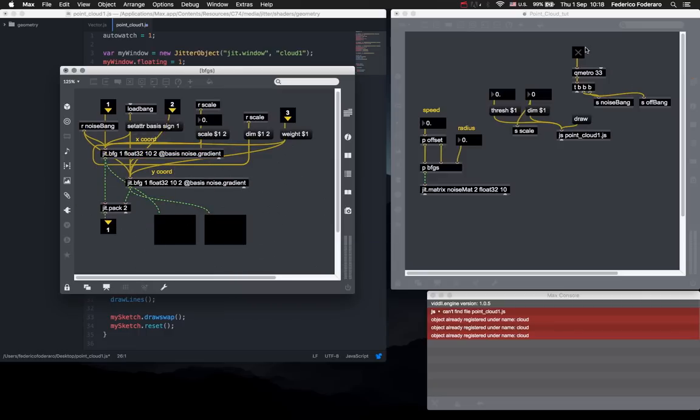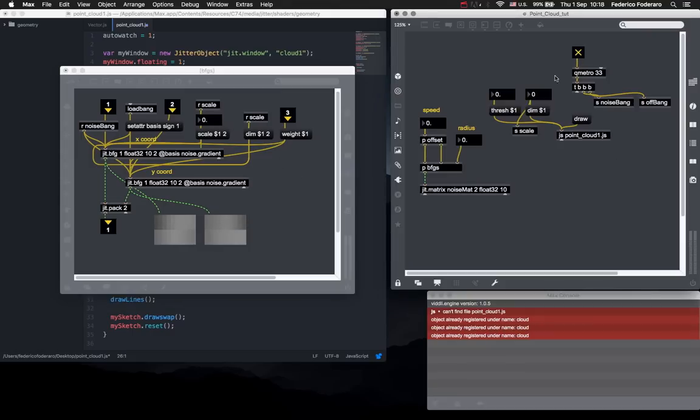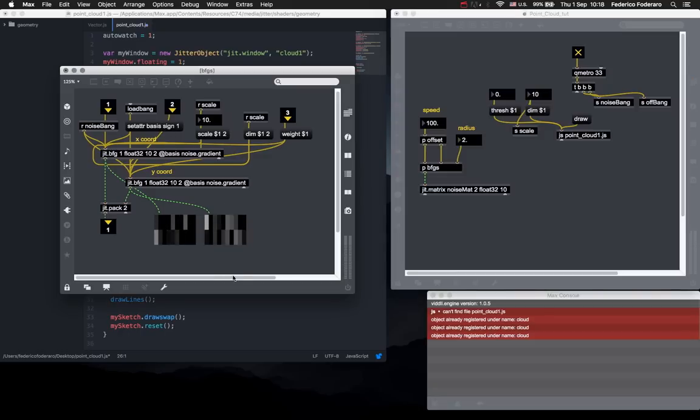So bang bang bang. Okay, let's say we have a dimension, a scale, and let's just divide this for something less, radius 2. Let's make it synced. Okay, so we have this two-dimensional